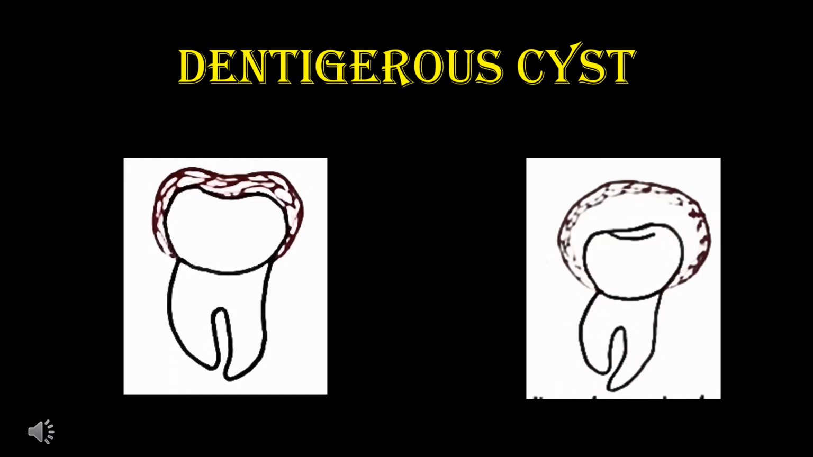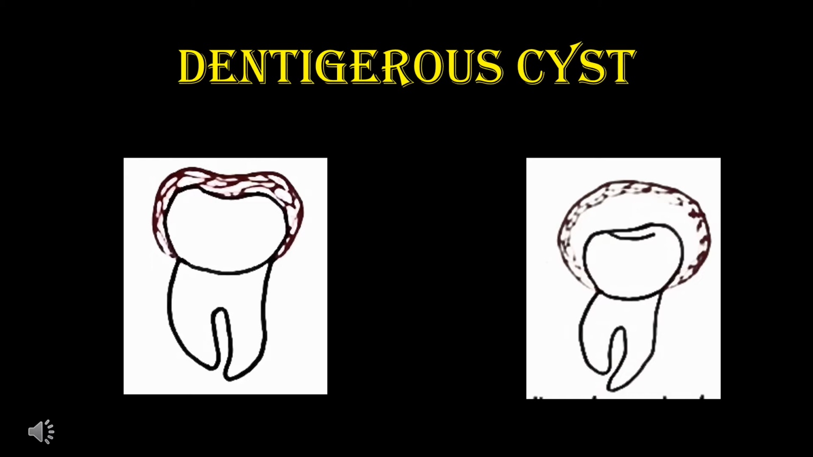Now we'll see the right side picture. In the right side picture also you can see an unerupted tooth. You can see a reduced enamel epithelium and the attachment of the reduced enamel epithelium is from CEJ to CEJ. But there is a difference between the left side picture and the right side picture. The only difference is there is a separation between the reduced enamel epithelium and the crown surface. So this right side picture shows you the dentigerous cyst and that separation will be filled by fluid. So the dentigerous cyst can be defined as an accumulation of fluid between the reduced enamel epithelium and the crown